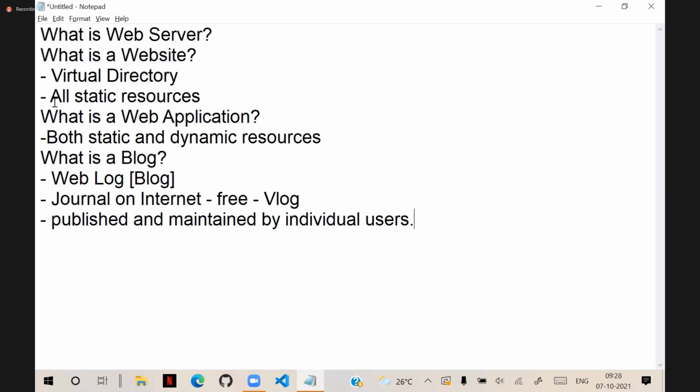That means Google pays you for what you are publishing. So that means a blog is free, a YouTube channel is free, and you can make money with that. People are now making good money with these blogs. For example, you can create your own blogs. For example, you can see here,